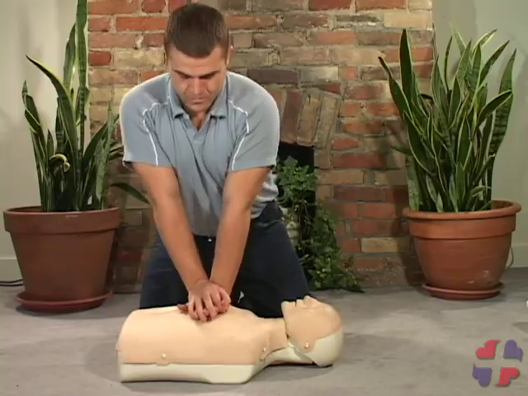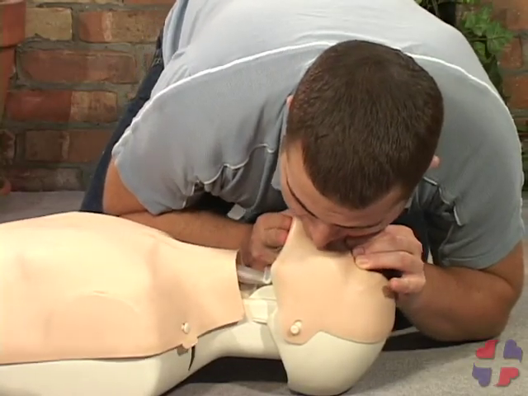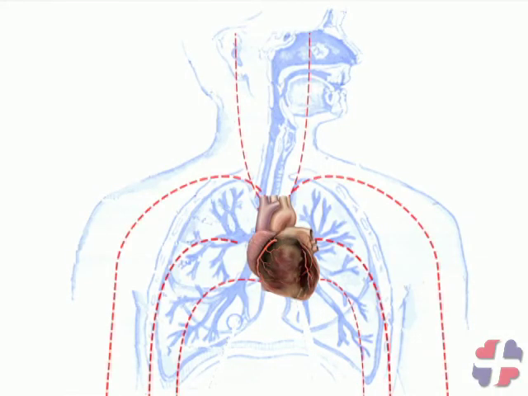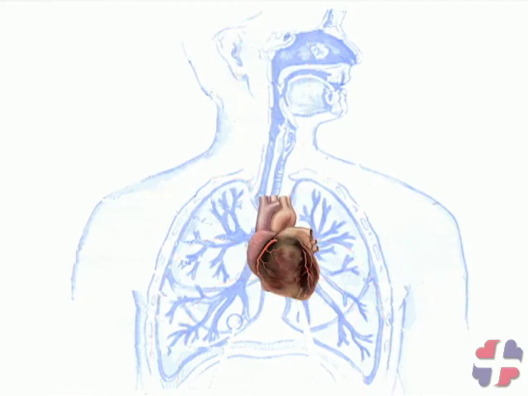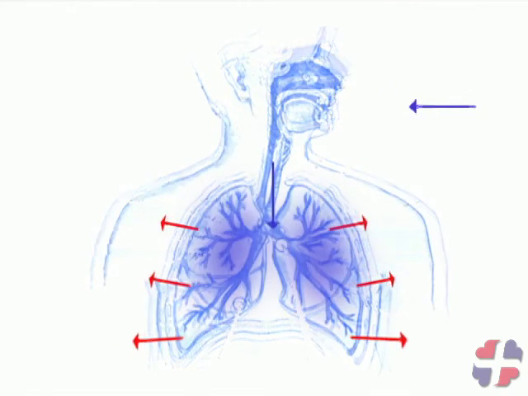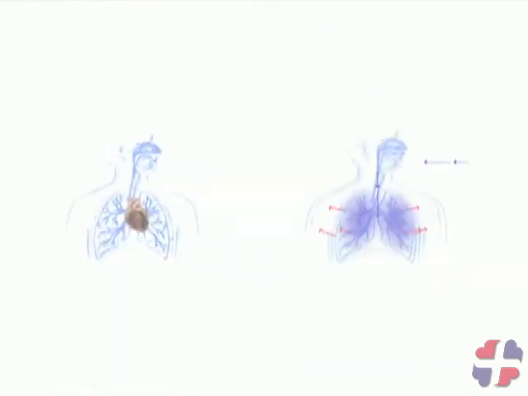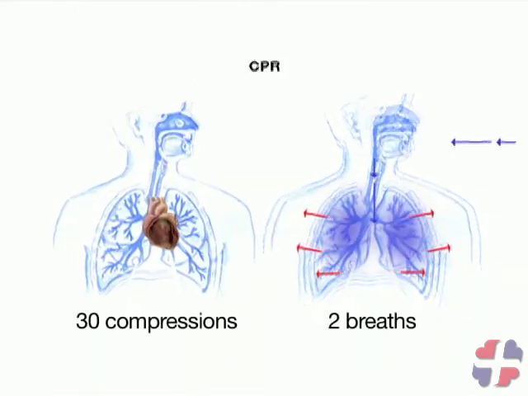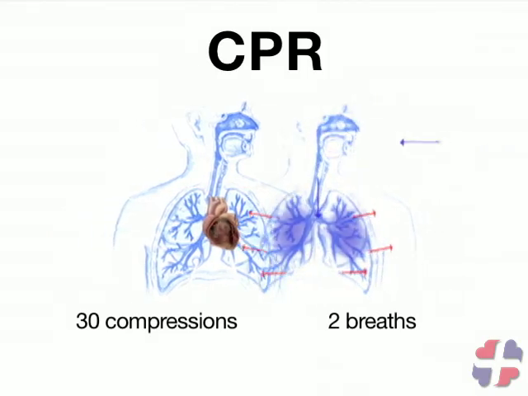CPR, or cardiopulmonary resuscitation, is a technique that helps to circulate oxygenated blood throughout the body and delays permanent organ damage. CPR involves two separate components, chest compressions and breaths. When doing chest compressions, you push the blood in and out of the heart, circulating it around the body. When giving breaths, you are providing the casualty with oxygen. When you alternate between chest compressions and breaths, you are performing CPR and you are helping to keep the person